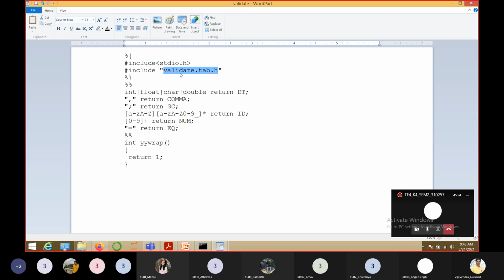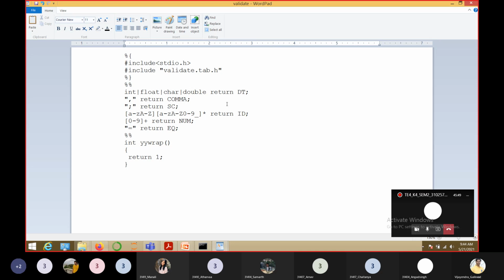That is the header file for the validate.y file that we created. We are going to see that. So remember that these header files are used for using these tokens in the Lex program. Understood? Any doubt in the Lex program?